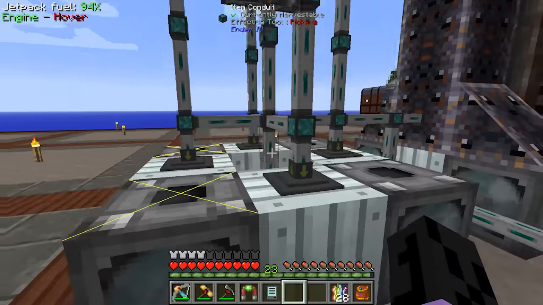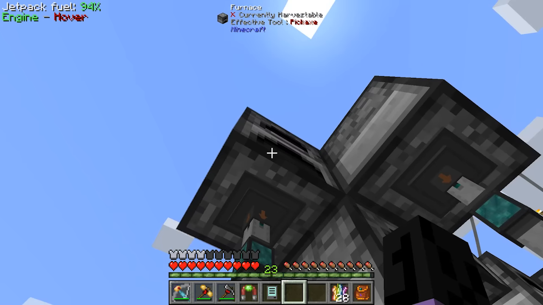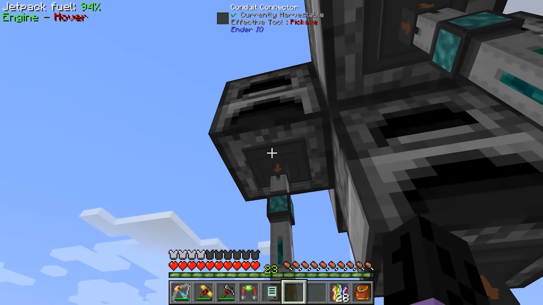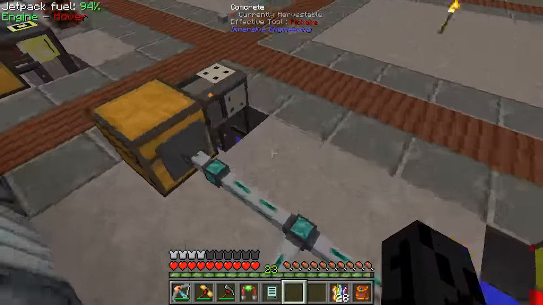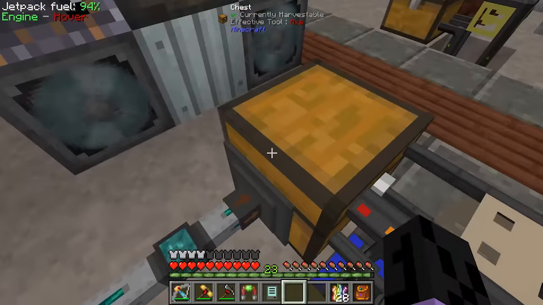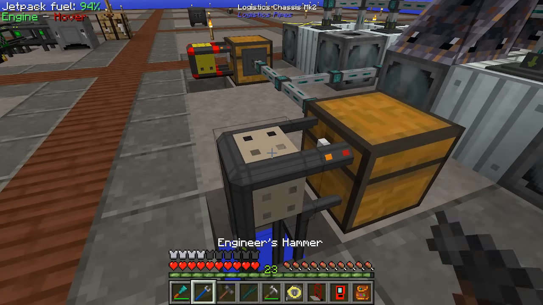Yeah? And then, once the item is done cooking, because we only need the top and bottom of furnaces, this will automatically pull it out on the brown channel and put it into this chest. And this chest has a automatic...